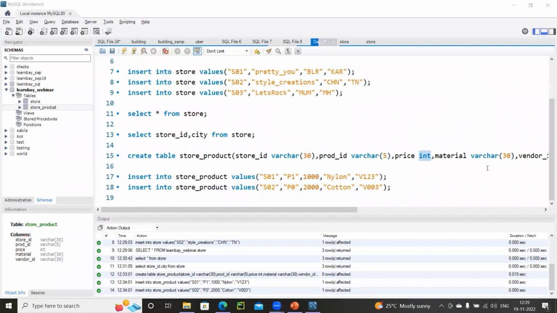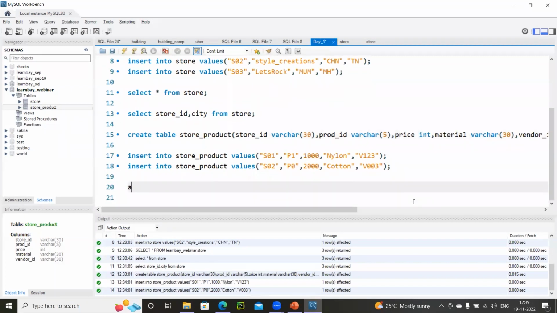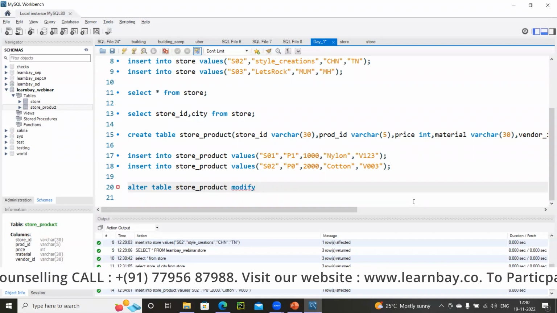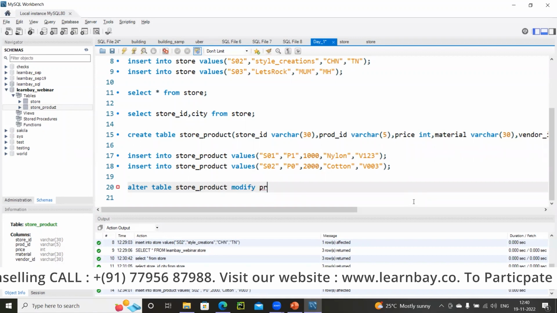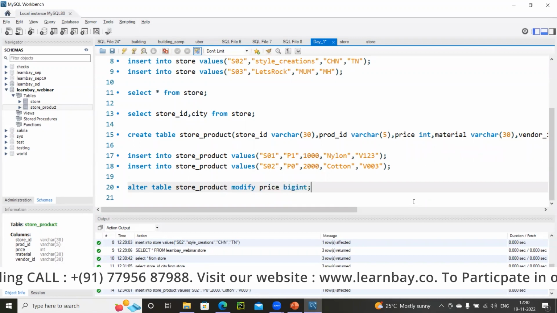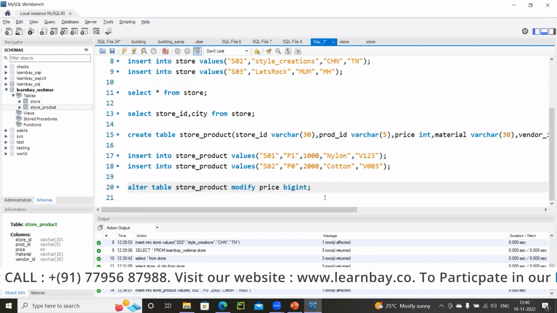So now I'm obviously going to touch upon my schema, so write the alter command. Alter table, what is the name of the table that I want to touch upon? Product. And what is it that I'm interested in changing? I'm basically going to modify the existing data type of price from int to big int. The keyword here is modify, and then specify the column name. Initially it was int. Now I want to change it into big int.